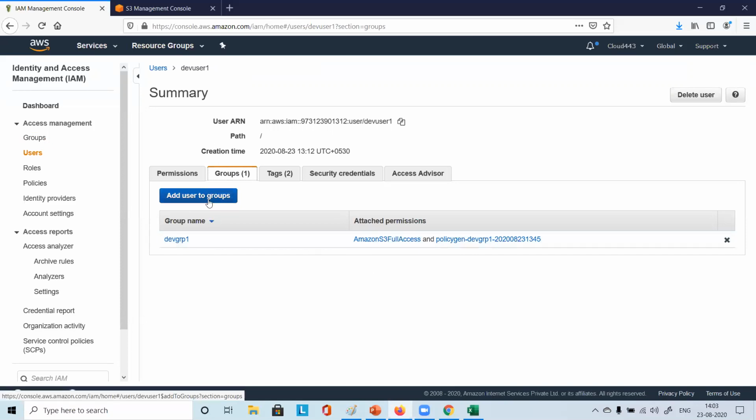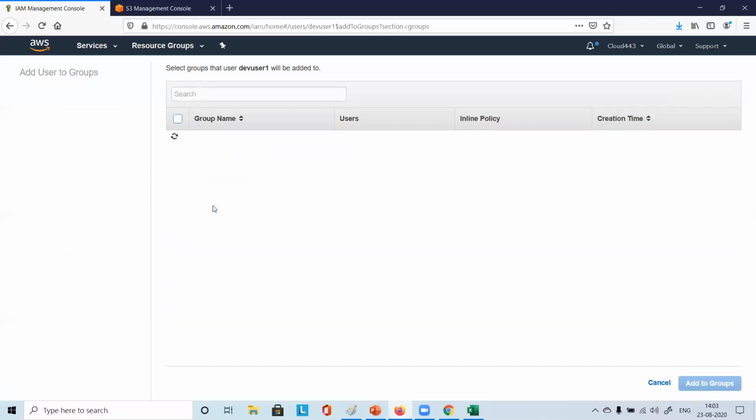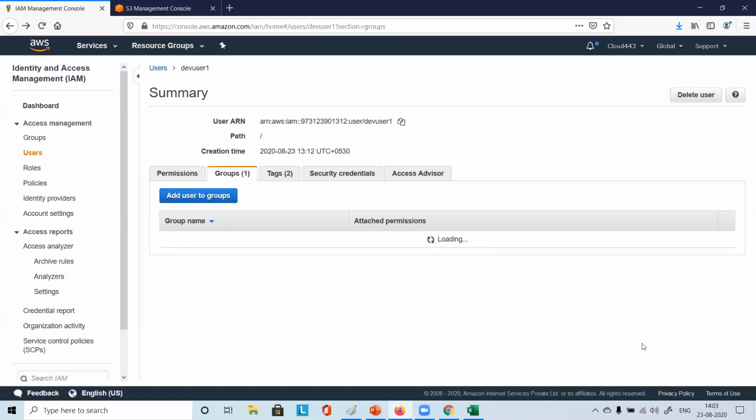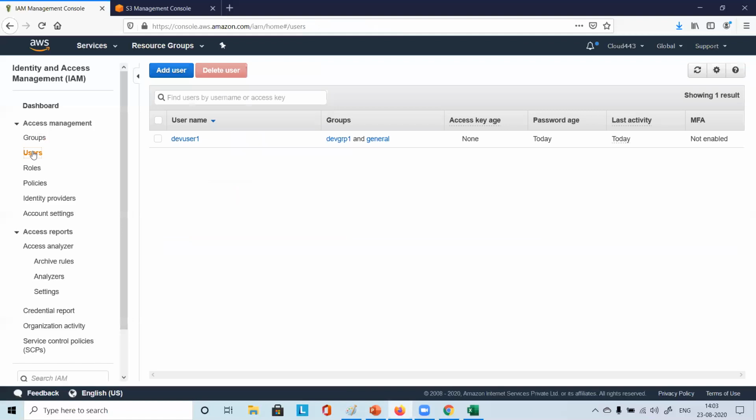Now just click on add user to groups. Prashant, are you there? Yes. Please click on add user to group. Whichever option you want, you go through the group or you come through users, and then you add that user to the general group. When you see it for that user, it will show you two groups: Dev GRP1 and general.